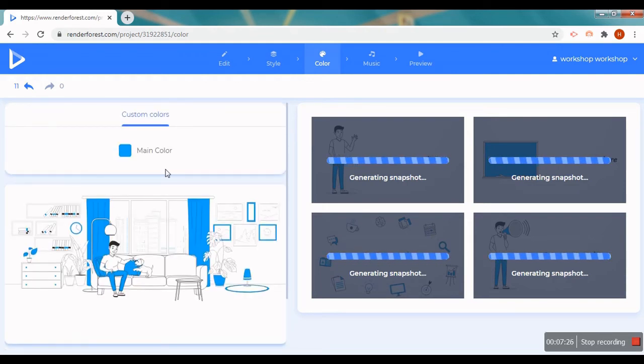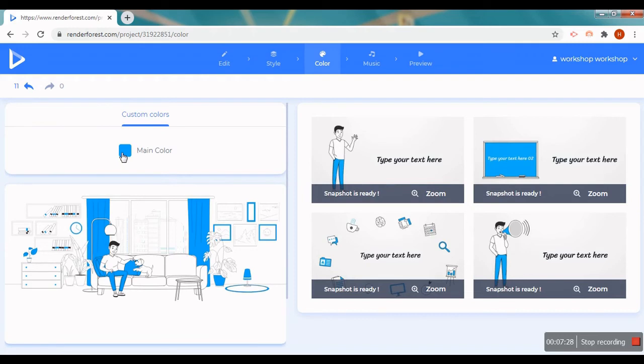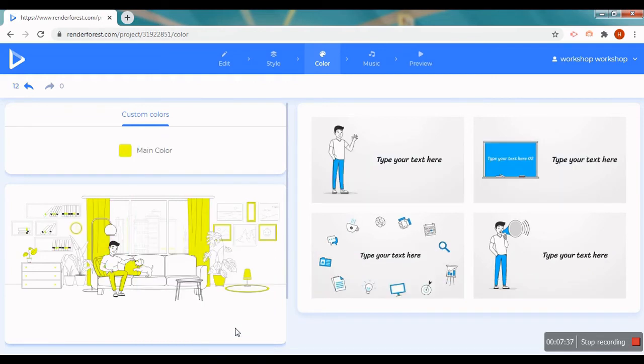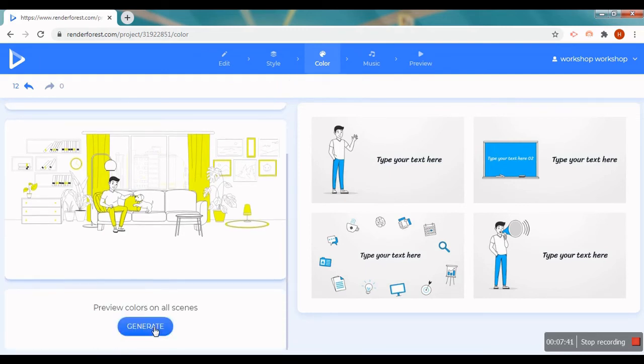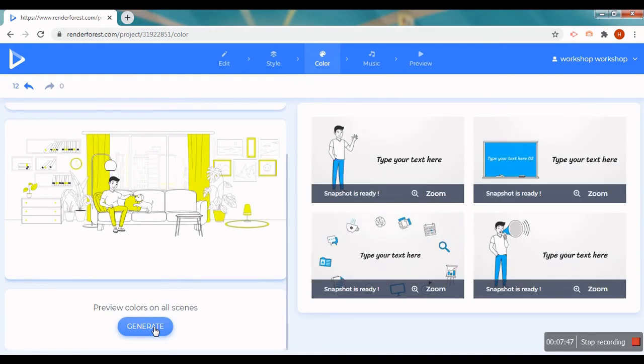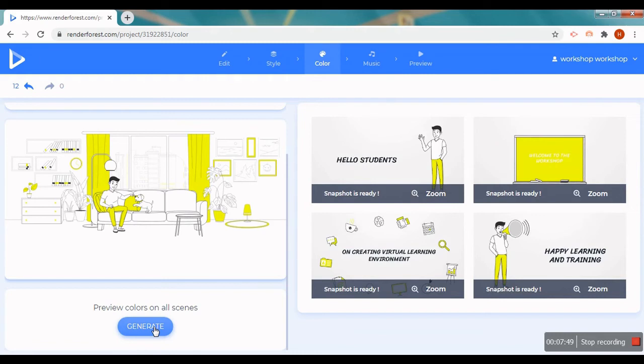We'll first change the main color. Click on main color. You will get a color option here. Let's make it a bit yellow, and then click on confirm, and let's see how our preview looks. They'll give you a preview of how your color will look. Okay, so this becomes yellow.